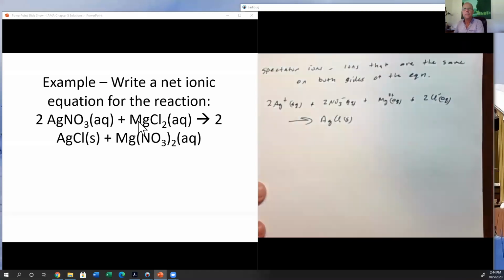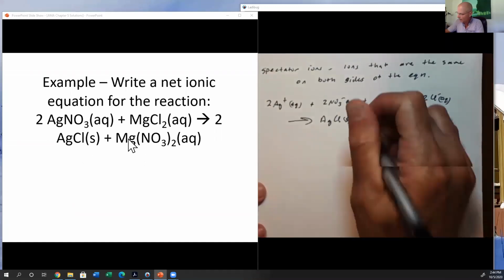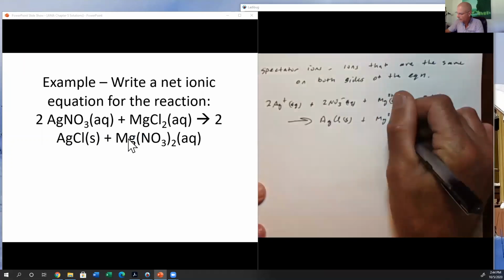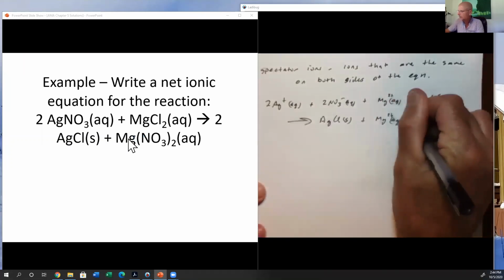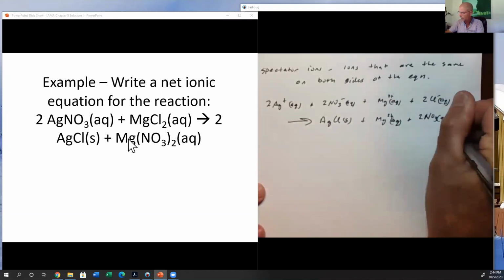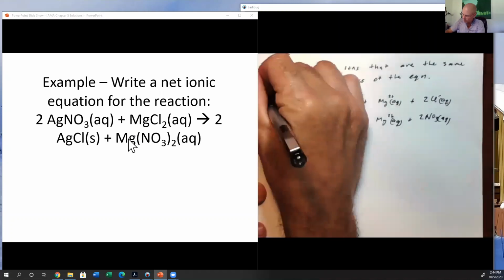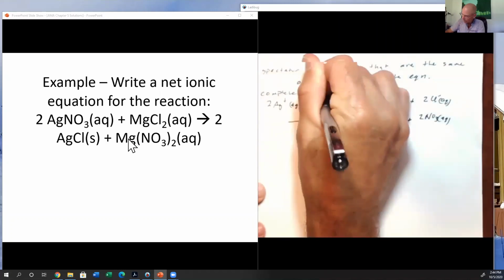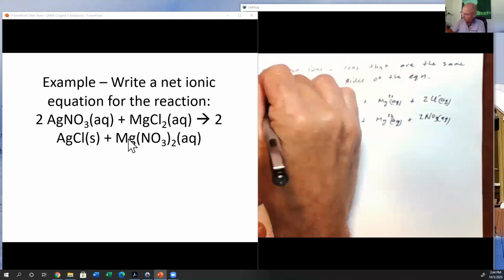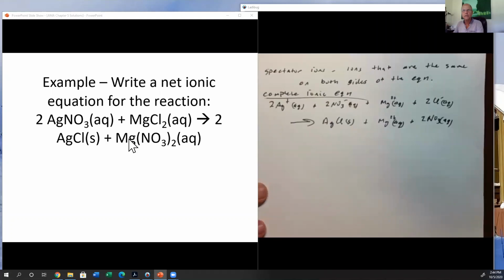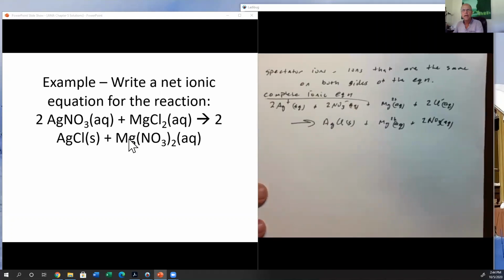I keep those together, right? Why? Because that's a solid. And then plus magnesium 2 plus aqueous plus NO3 minus. I need 2 of those aqueous. So there is my complete ionic equation, right? And then to get to the net ionic equation, I'm going to cross out and get rid of